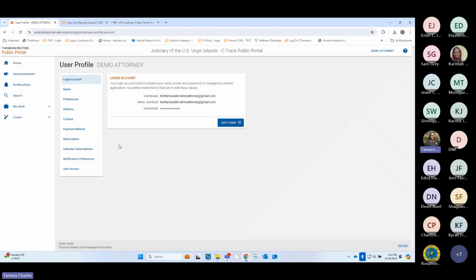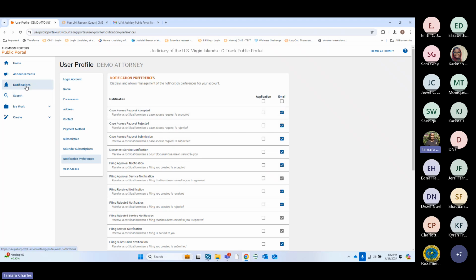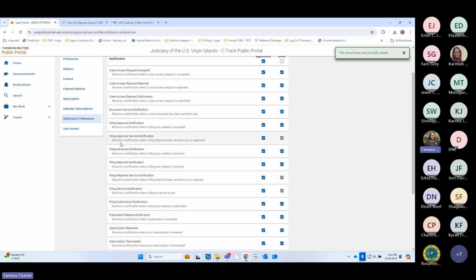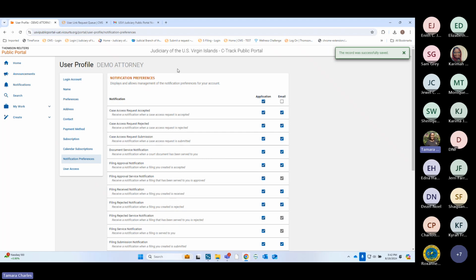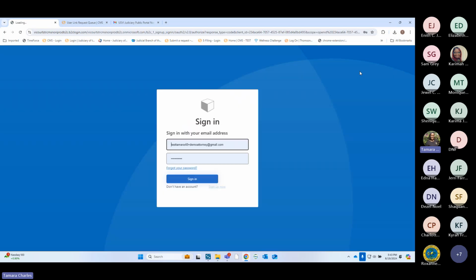And on the attorney's side, well, I did not do my preferences, which was part of the test, to show you that the court accepted me and I did not update my preferences yet. So of course I did not get the email or the notification that says that the court approved me. So I am going to update my preferences now so that I don't miss another notification. But for the most part, the attorney has been added. I'm going to log out of the attorney profile and then log back in.